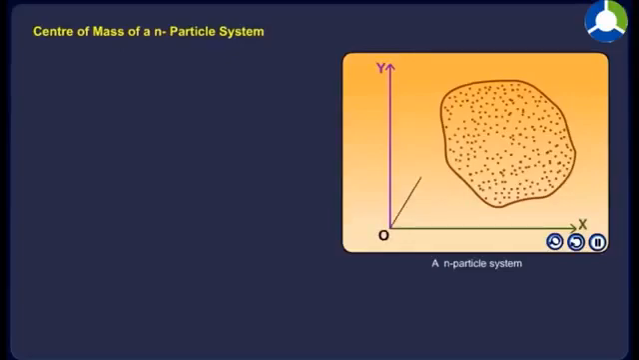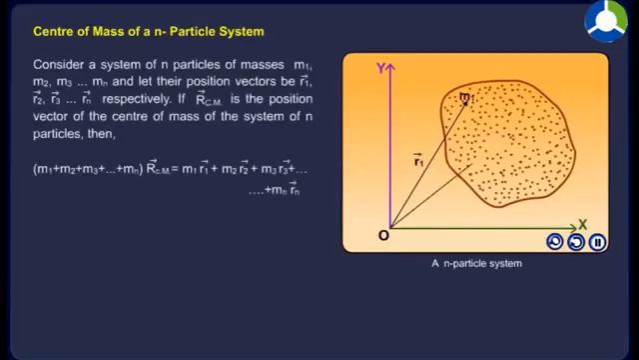Center of mass of an n-particle system. Consider a system of n particles of masses m1, m2, m3 up to mn, and let their position vectors be vector r1, vector r2, vector r3, and up to vector rn respectively. If vector r_cm is the position vector of the center of mass of the system of n particles, then, with total mass m = m1 + m2 + m3 + and so on up to mn,